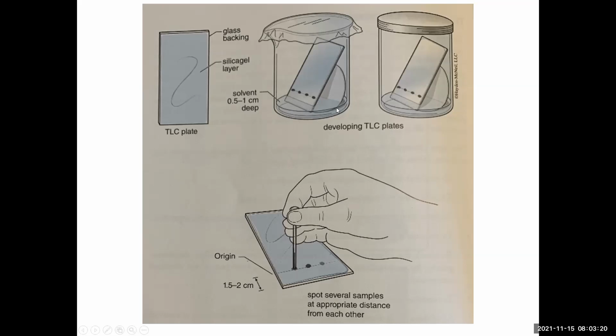It is really important that the eluent does not go above the line where the spots are, right? Because if it does that, all it's going to do is dissolve up these compounds and they'll stay down here and they won't go up the plate. So that's bad. So this amount of eluent in the bottom, as long as it's below the starting line for the spots, then you're good to go. And hopefully it gets a nice flat layer too.